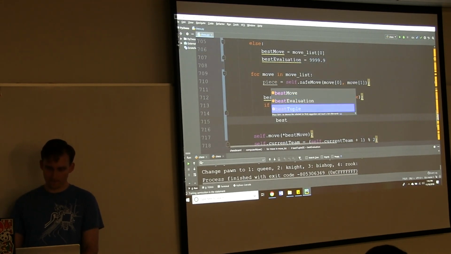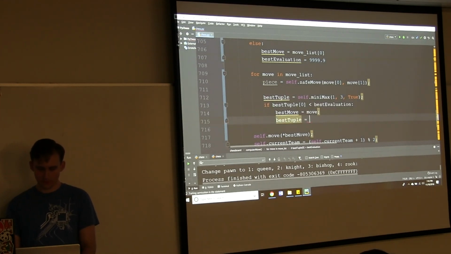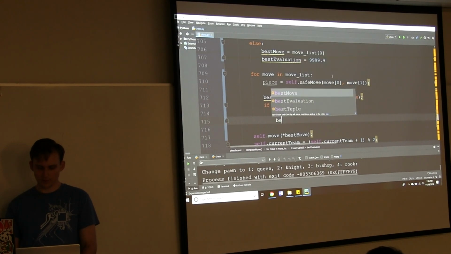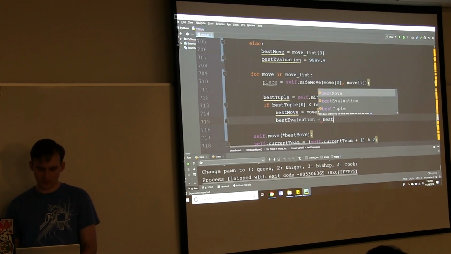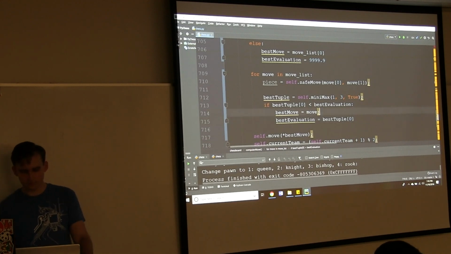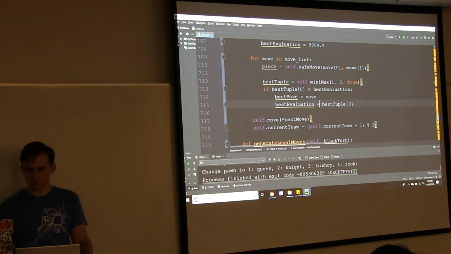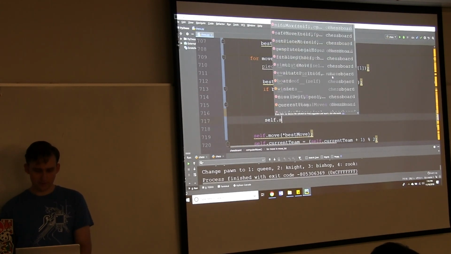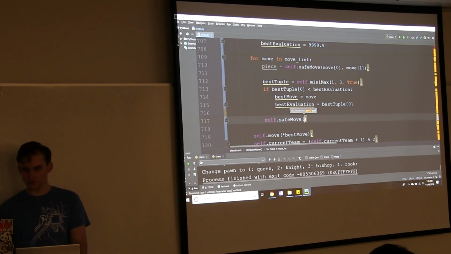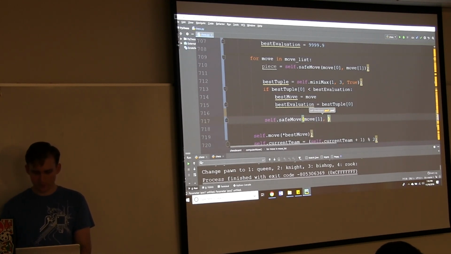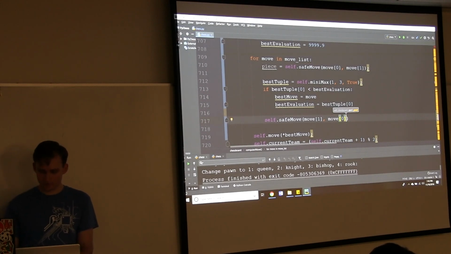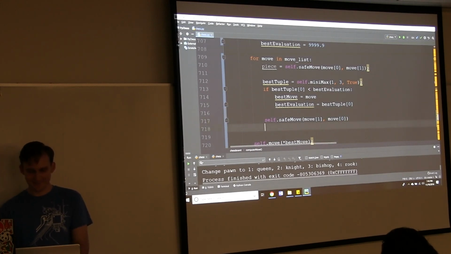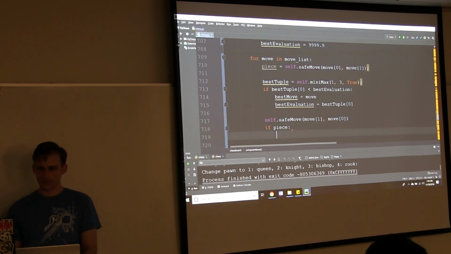Best tuple equals. Just like before, we want to undo the move we just made. So let's see, save move. If there was a piece, replace it.